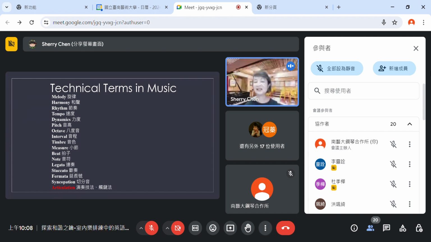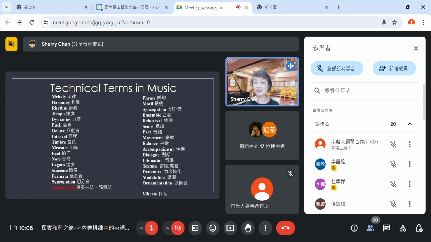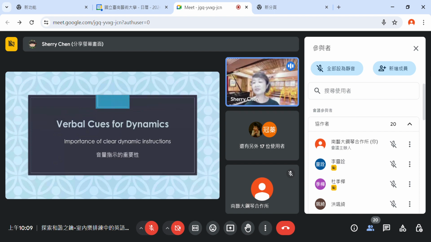另外就是 articulation 这个字，其实在我们中文比较难去解释是什么意思。我们常常就是用原文 articulation，就是你的演奏的语法，就是这个技巧。Articulation, phrasing, motif, syncopation, ensemble, rehearsal, score, part。我们在讲总谱跟分谱，就是 score and parts。Movement, balance, accompaniment, dialogue, intonation, texture, dynamics, modulation, ornamentation, vibrato。那当然 vibrato 又可以有很多 string 的一些 technical terms，比如说 staccato、vibrato、pizzicato，这些我就没有再多，因为还有 brass 的 terminology，woodwind 的 terminology，我就没有全部写在上面。不过就让大家稍微了解一下，这个是比较常用到的一些 technical terms。